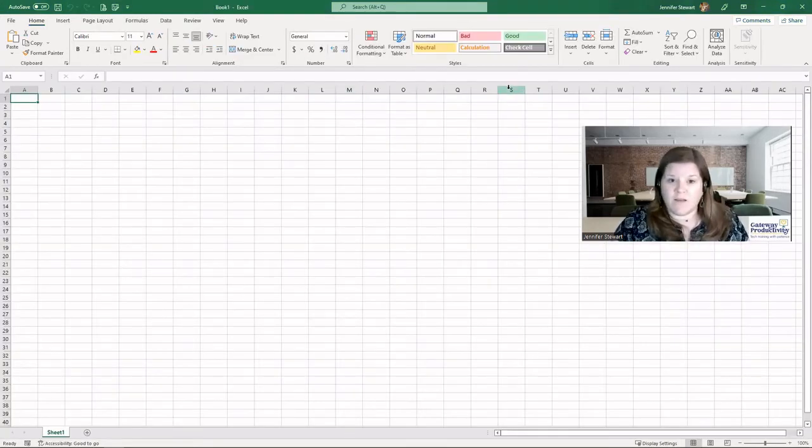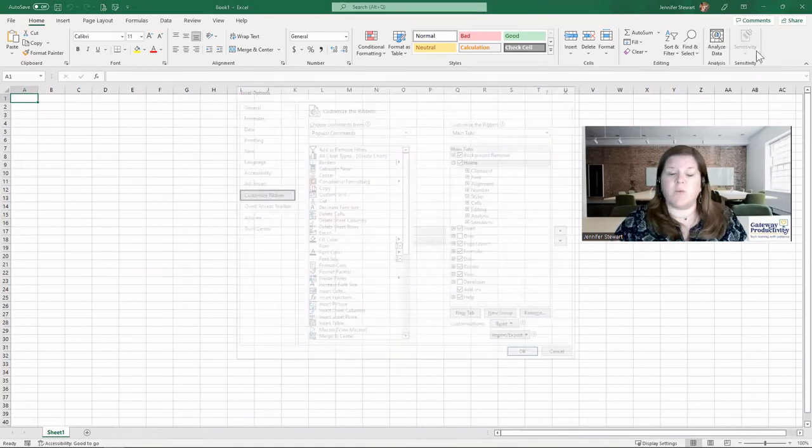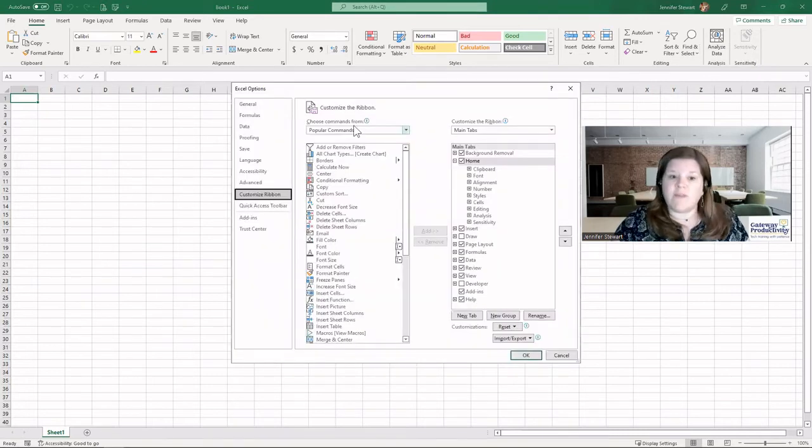Now we're in Excel and we can do exactly the same process. It works just the same. We do a right click and here's where we can collapse the ribbon if we want to, and we're going to customize. Obviously, you can see the commands or actions are very different in Excel versus Microsoft Word where we were before, but it works exactly the same because you still have your menu or tabs up at the top,